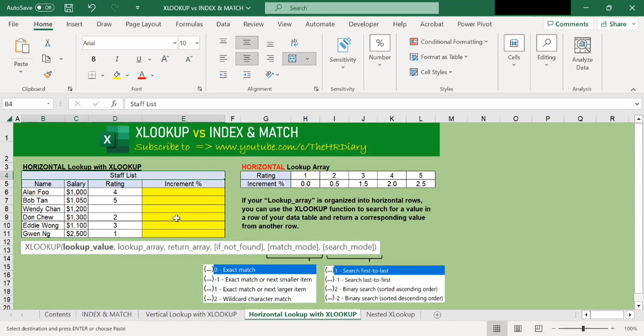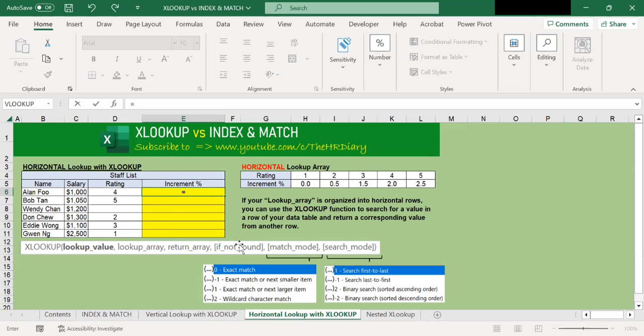I want to find out the increment percentage in column E based on the rating in column D. So to start, in this cell, type equals XLOOKUP,